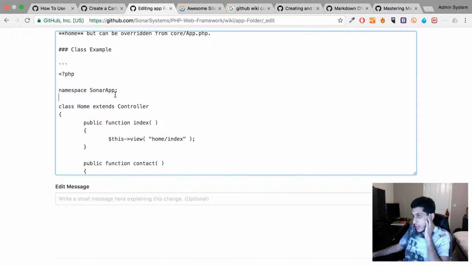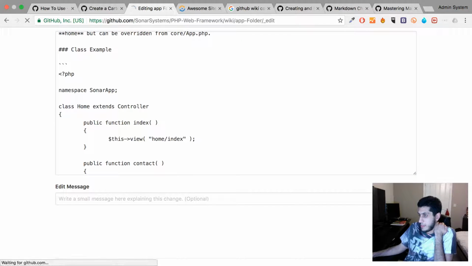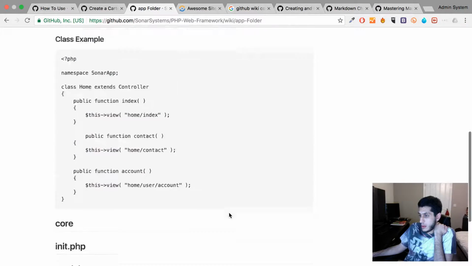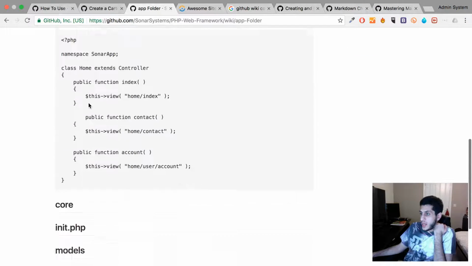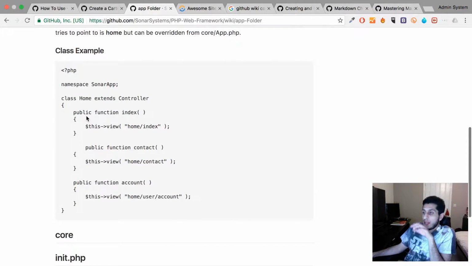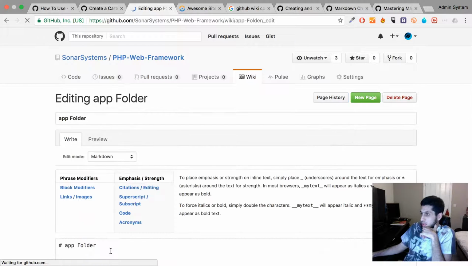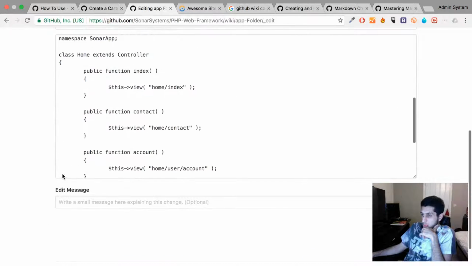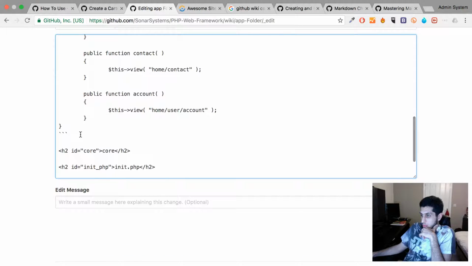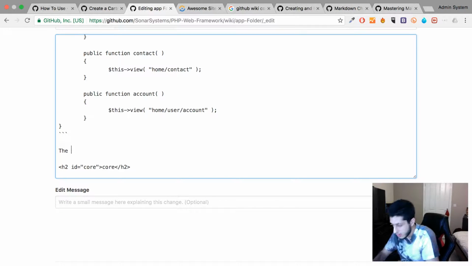So now, should I add a class example? I need to explain each individual part. So what I'll do is, that's like an overall class example. I'm going to do the